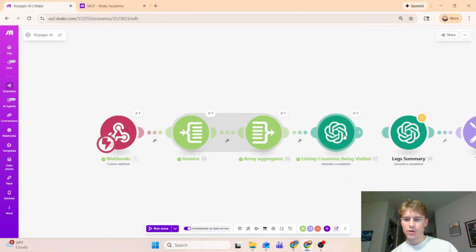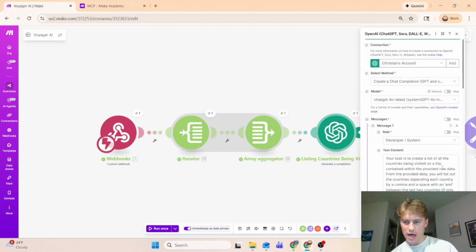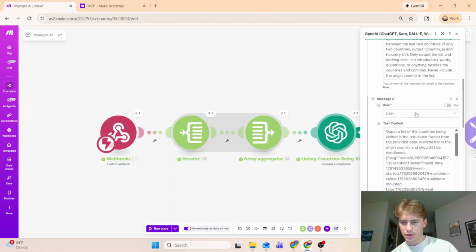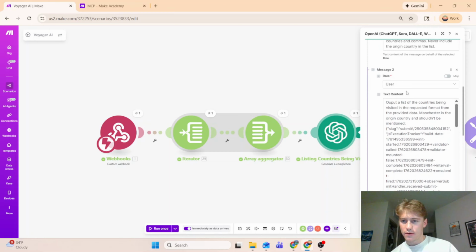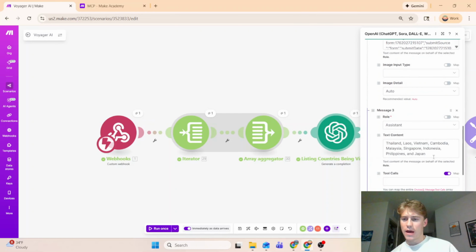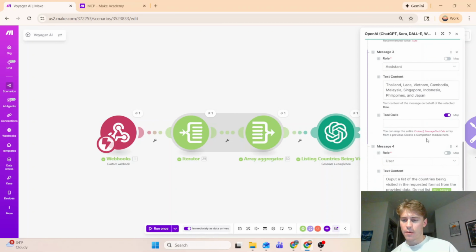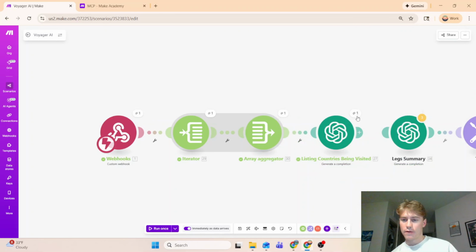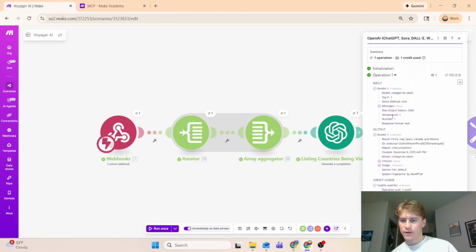And if we go to how I have this ChatGPT module set up, I basically tell exactly what to do. I give an example user prompt, how the output should look like in an assistant prompt, and then I say this. Output a list of the countries being visited in the requested format from the provided data. Do not list the origin country. And then I have that array. And as you can see,